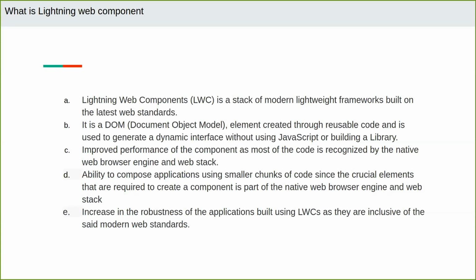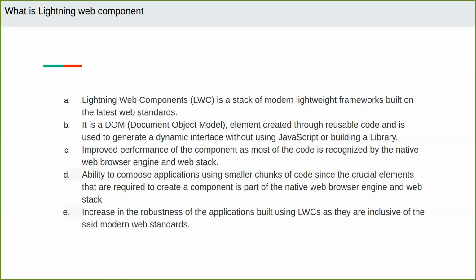In the modern web stack, we can use the reusable code, as you know. So if we write smaller code, we can generate a big output using a smaller chunk of code. There is also an increase in the robustness of applications built using LWC, as they are inclusive of the said modern web standard.